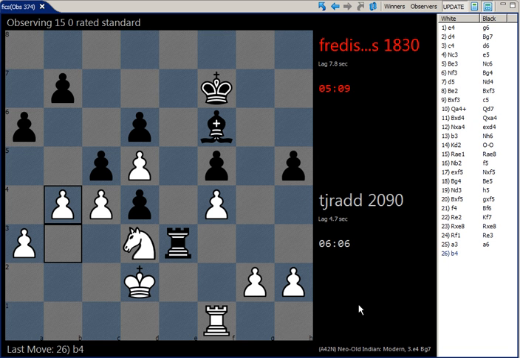And we'll just kind of have to see how this plays out. White's played b4. Black has a choice here to... if black doesn't take here, white would either take on c5, which seems to improve black's structure and weaken white's structure, or push to b5,